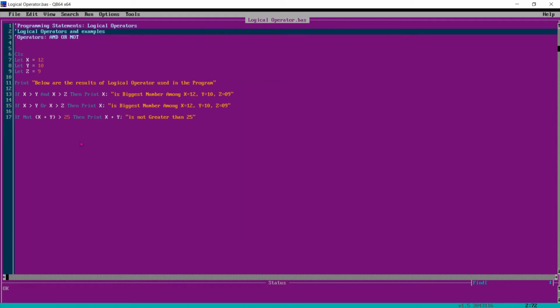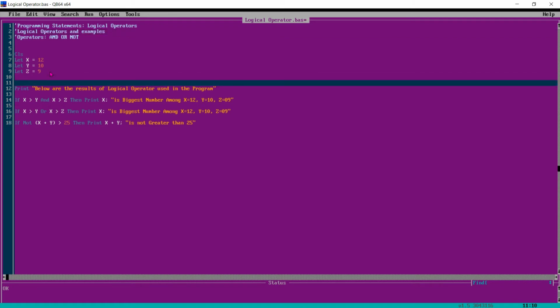So this way we use logical operators. Or let me take one more example so that you can understand where we use OR. Here first we will take input.